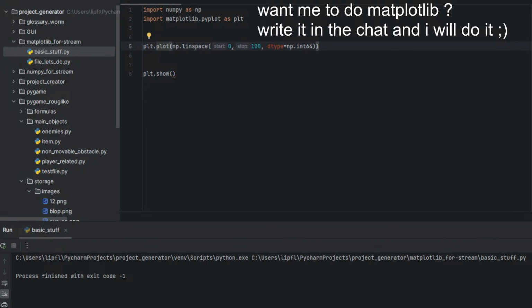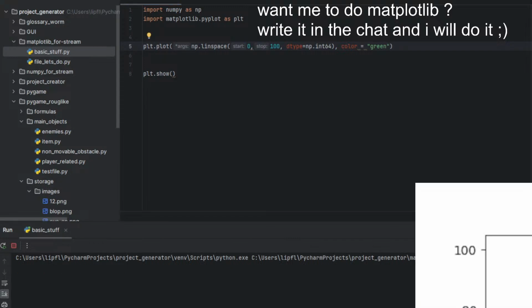And yeah, what could we do next? Can change the color, of course. plt.plot, color equals green. Yeah, now we got simply a green plot. But what we are gonna do, we want to use a theme map. So how could we do this?